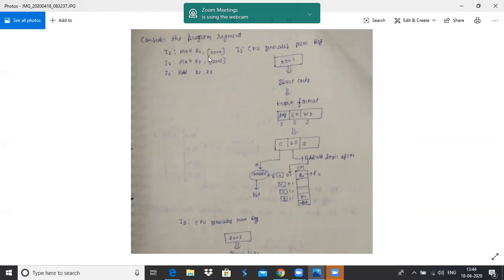So you want to transfer the memory block at address 0000. Which block is at memory address 0000? Direct cache mapping is applied here.